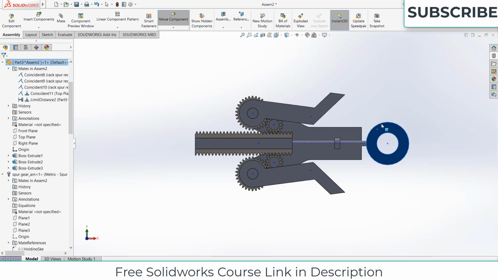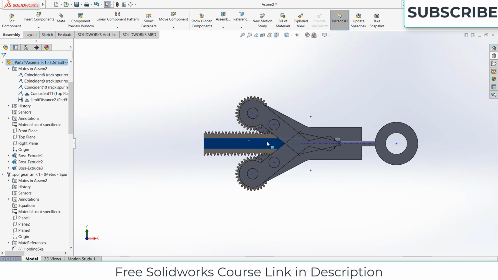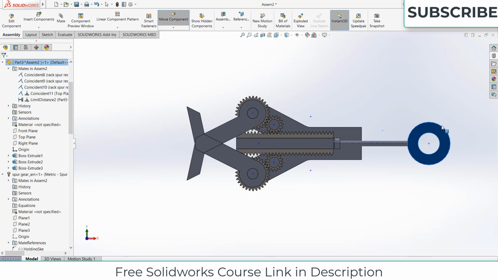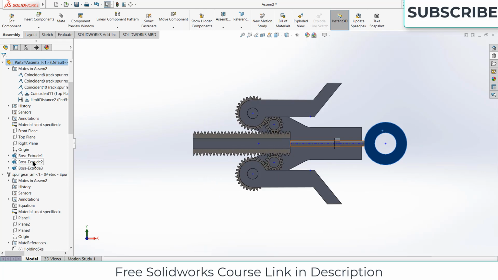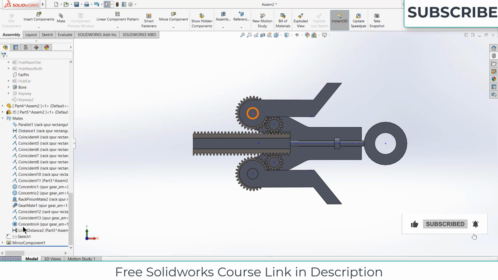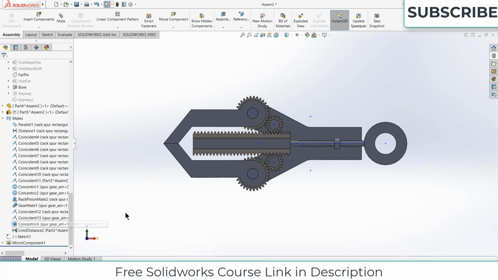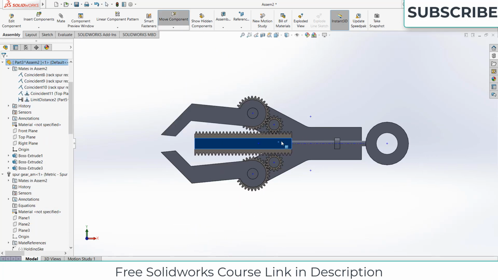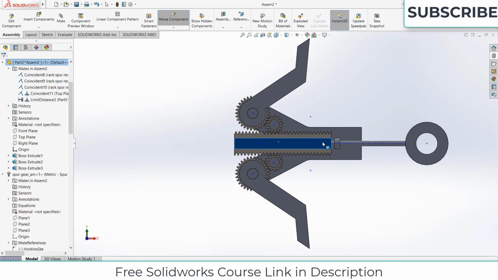Press Control Z, Control Z. If I move it, yeah, but I don't know why.